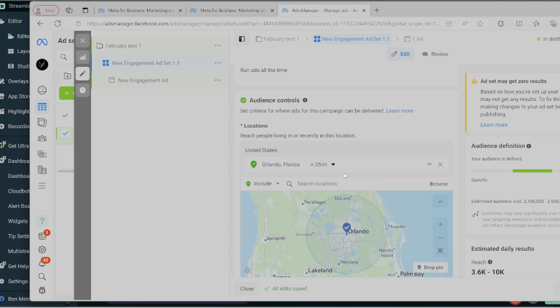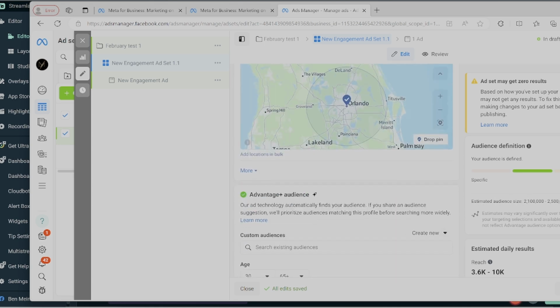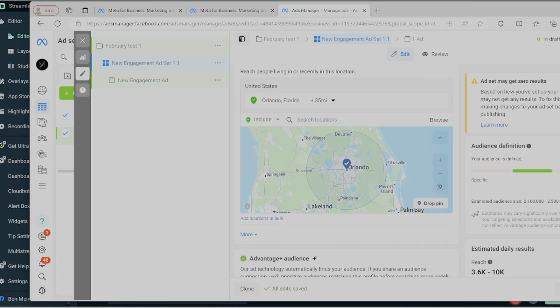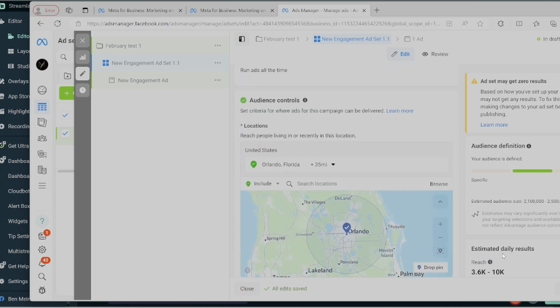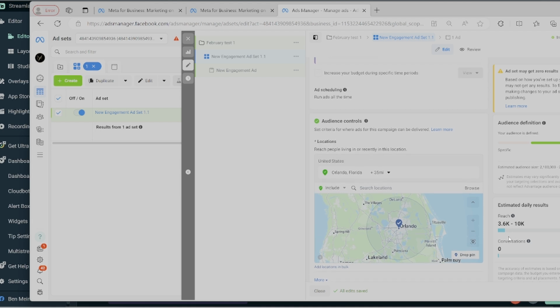But if we can get this audience as big as possible, what that's going to do is drive the lead cost down. So when I'm creating ads or campaigns in general, I'm paying very close attention to this section here. Let's zoom out a little bit so you can, panel's getting cut off. This section here, I've never really seen this be accurate, so I wouldn't really pay that much attention to what this says here. But the audience size we're looking for here is we want to refine our audience to our ideal customer avatar, but we also don't want to make it too small.